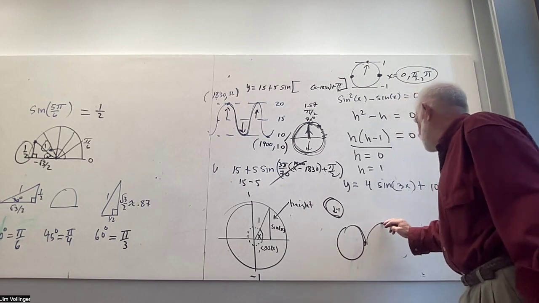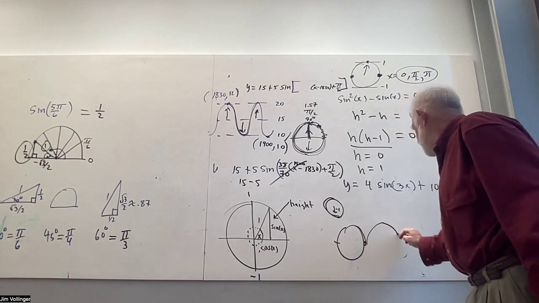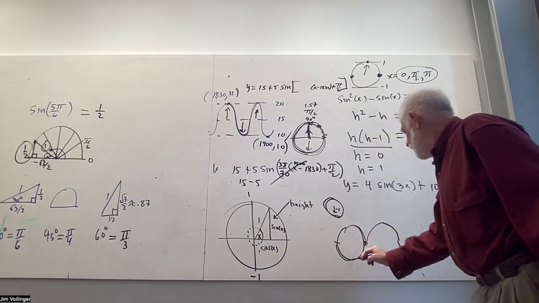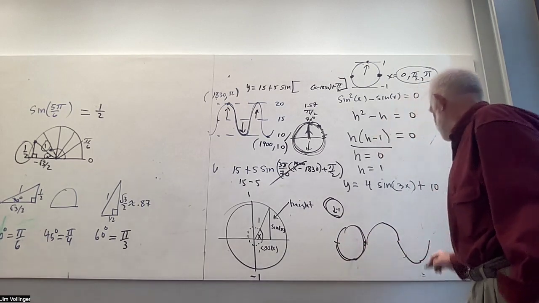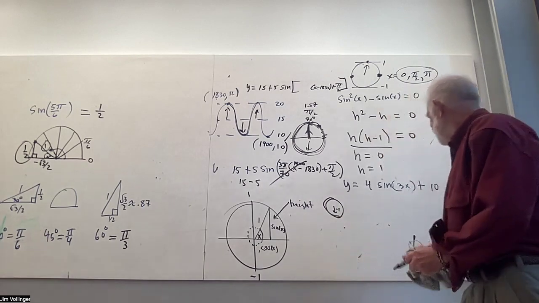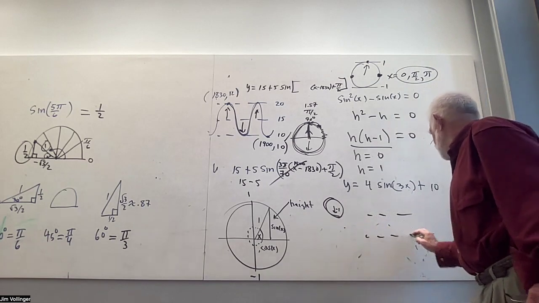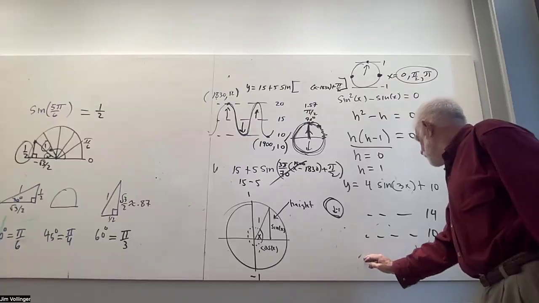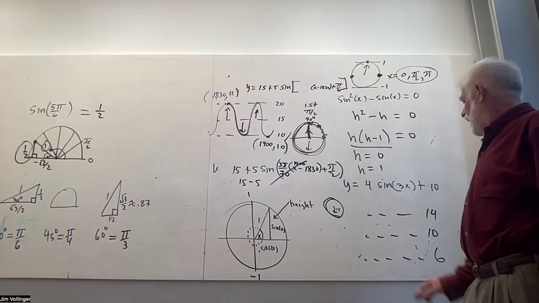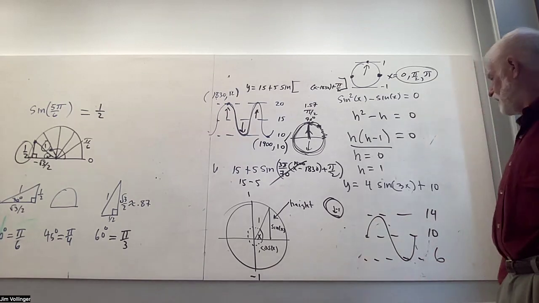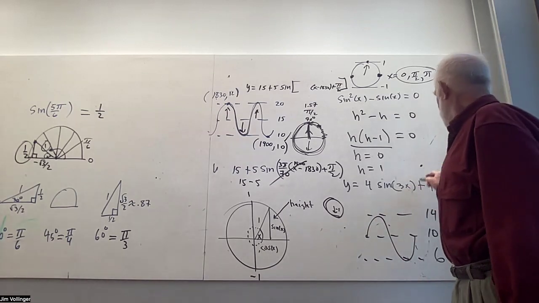then your heights go up to the max, then they come back to 0, then they go to a -1, and then they come back again. And so that's your basic sine curve. So what does this one become? Well, this one becomes 10 is the center, up and down 4. So I've got 1 period of the sine function, positive sine function, looks like that. I start at 0,